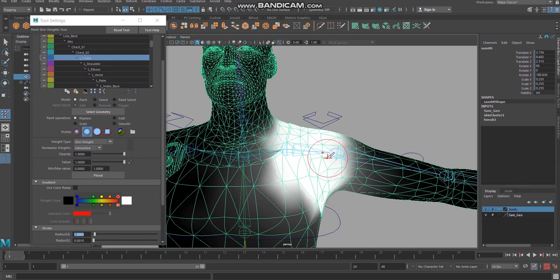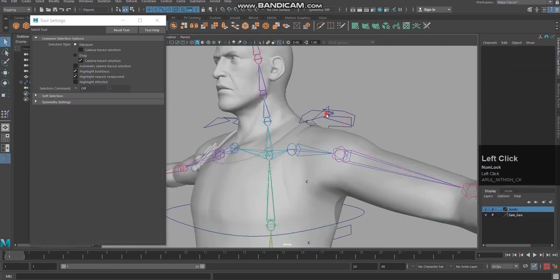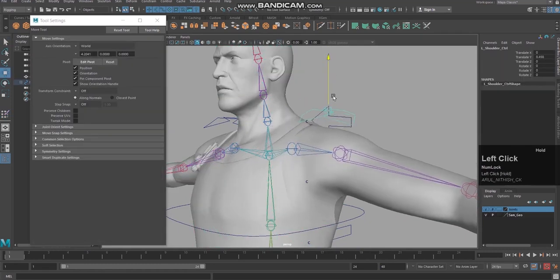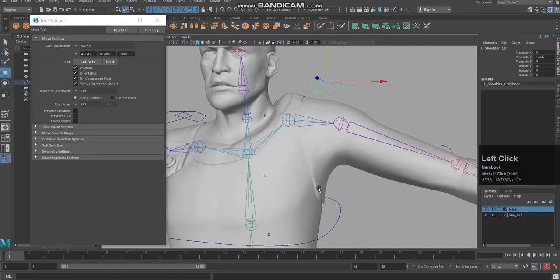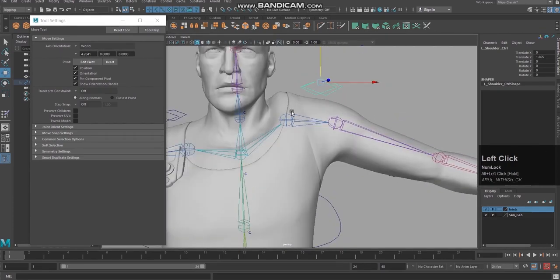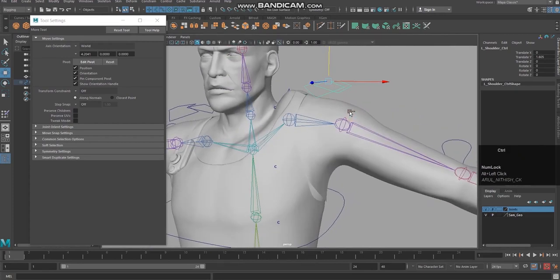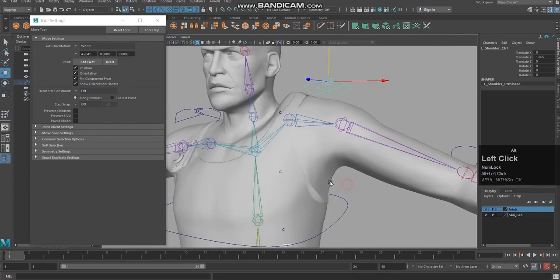shift, hold shift, and if I paint again it will get smoother. Okay, it will be smoothened. Okay, the influence is very hard here. Say for example, after painting this, if I am moving this, you can see my skin is tearing here and all. The influence became very intense, very deep, or very high, and the skin is tearing off here.